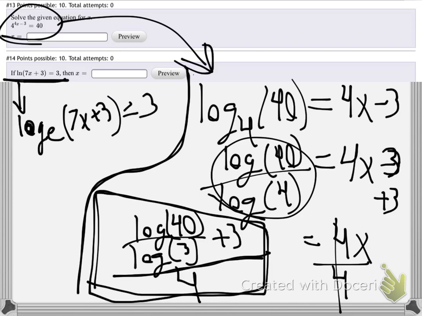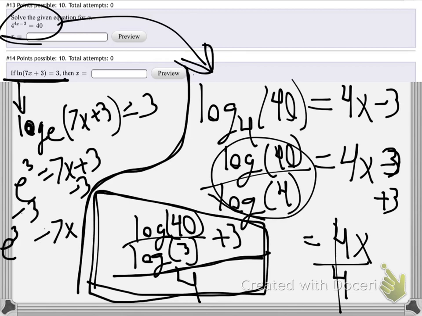And so then from there, if we remember that a natural log is log base e, then putting it in exponential form should say e to the 3 equals 7x plus 3. Once we're there, we can just solve this thing out. Get rid of the plus 3, get rid of the 7, and then that'll be calculator work, because now we got 7x equals e to the 3 minus 3. Then we'll divide by 7, and now we have x equals e to the 3, take away 3, all that divided by 7,